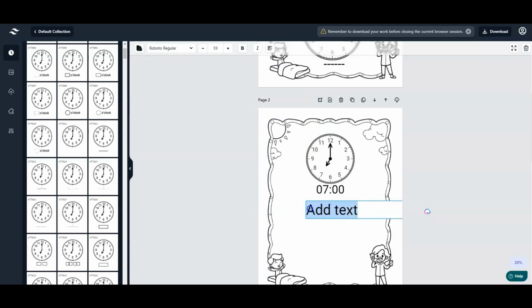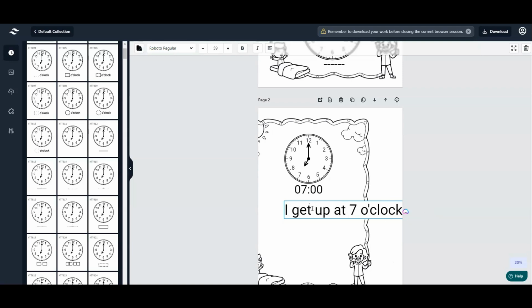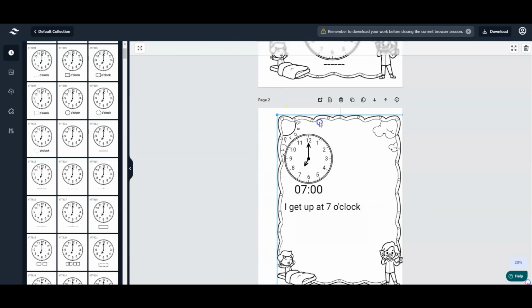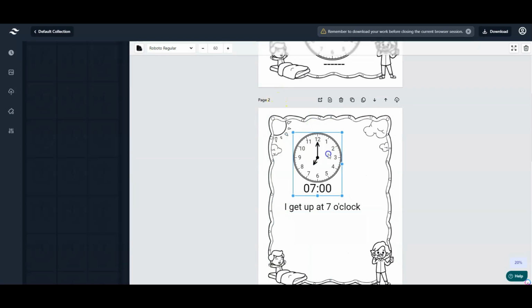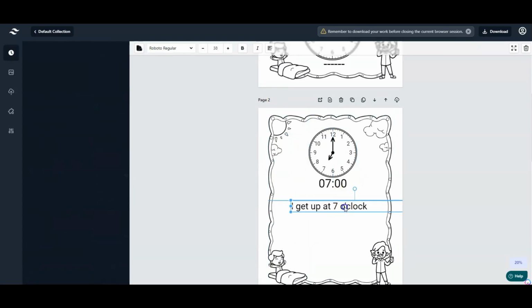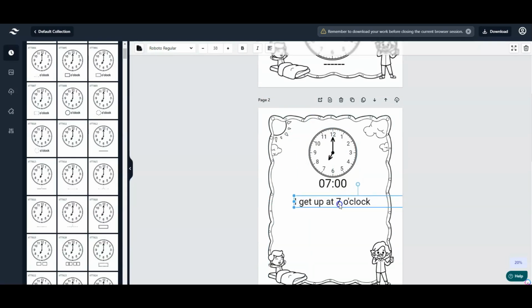You can just choose your own activity and create whatever you can think of that a child might find fun to do. So let's add this. I get up at 7 o'clock, and we make this text smaller. This has now shifted a little bit, so let's just put this back, and we try and center this,